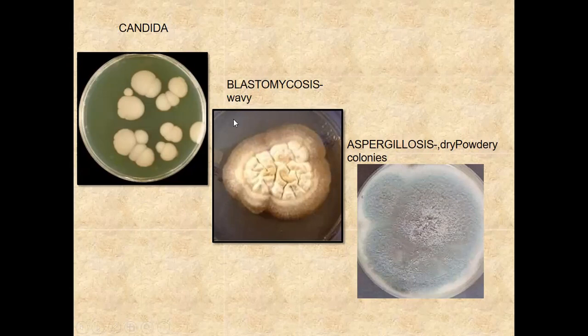When we talk about Blastomyces, the genus will produce a colony of a wavy nature in this manner on the agar plate. Whereas Candida shows a specific spiracular colony-like culture on the medium. So depending upon the growth of the fungal organism on this medium, we can identify the type of infection or the type of fungal organism present in the specimen.